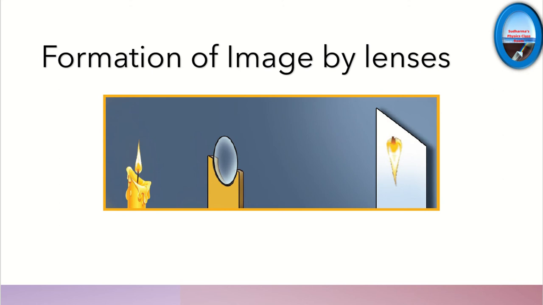Now let's understand the formation of images by lenses. So we know about two types of images, real and virtual images, right? Real images are always inverted and virtual images are upright or erect. So we are going to trace the ray diagrams for lenses. There are some specific rules we have to follow when we draw the ray diagrams. So let's see what rules we have to follow when we construct the ray diagrams and trace the formation of images.